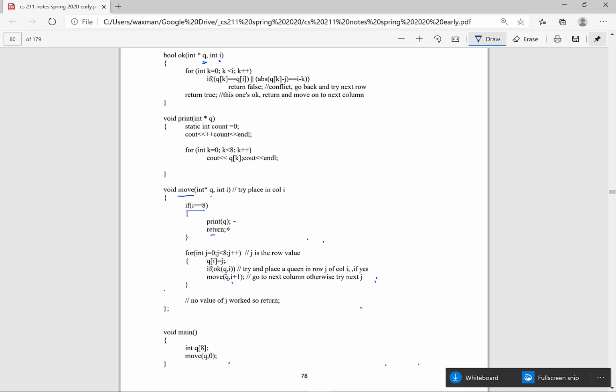Otherwise, you're in column I, try to place a queen in column I. If it's okay, then move to the next column. If the current value of J that you're trying to put in there, 0, 1, 2, doesn't work, then try the next value, the next value, the next value. If you find one that works, then you call move. If you don't find one that works, come out of the for loop and then return from the move function,